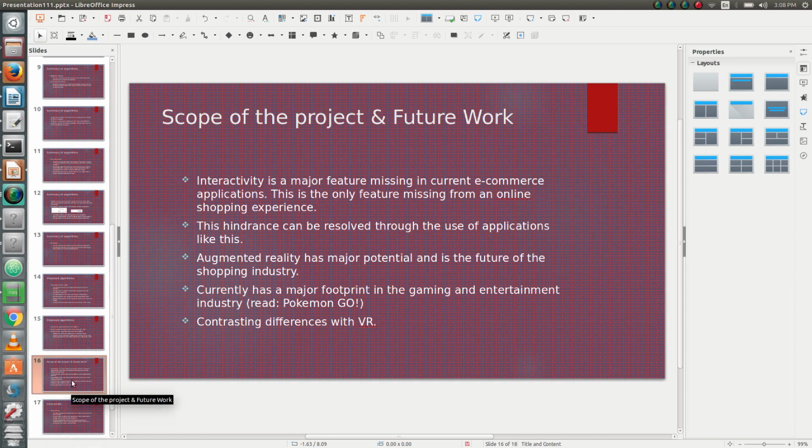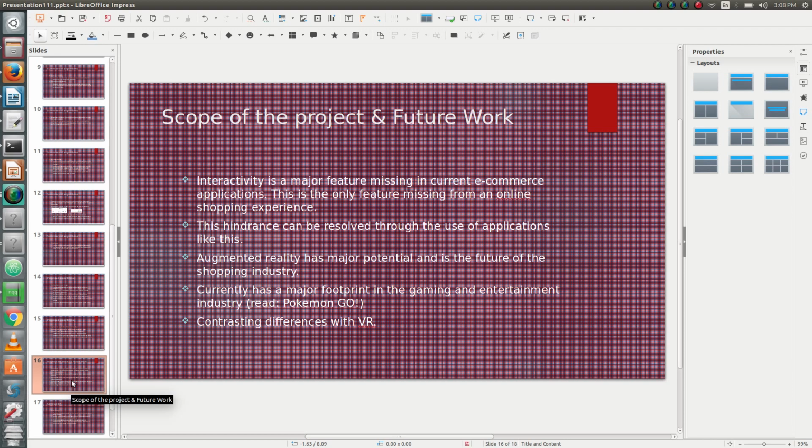If you look at the scope of the project, interactivity is a major feature that is missing in all e-commerce applications. I have tried to bring interactivity to this application, and augmented reality has helped me a lot to achieve this. Augmented reality still has a huge potential to be tapped into in the shopping industry. Currently you can see augmented reality everywhere in the entertainment and the gaming industry. Like everyone must have played Pokemon Go, right?